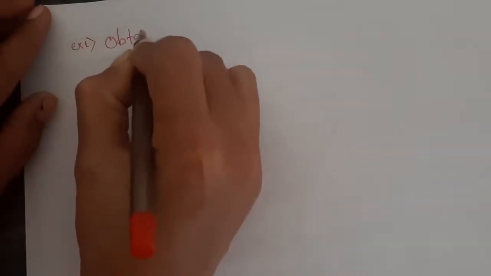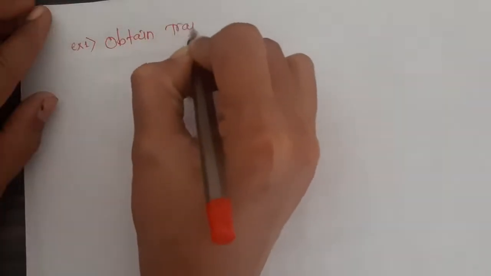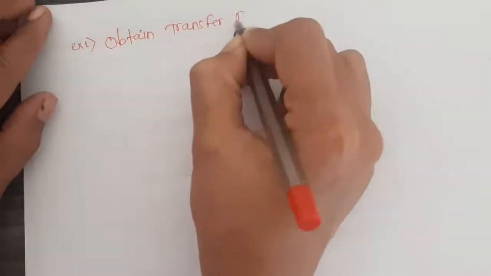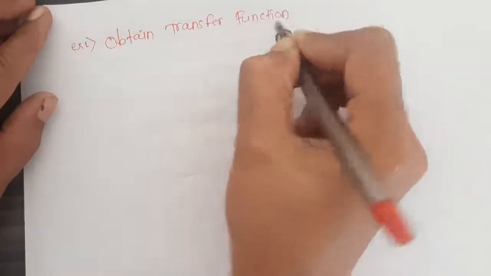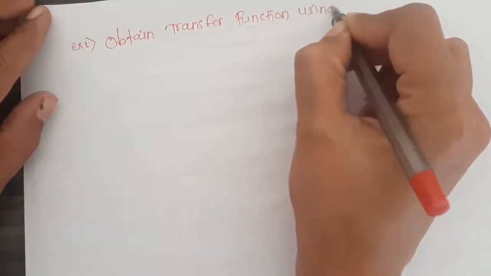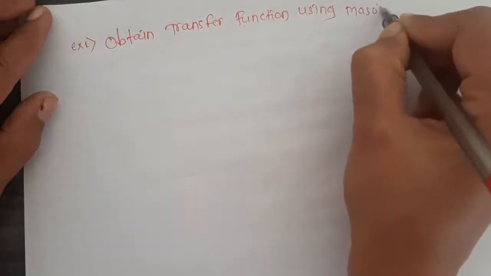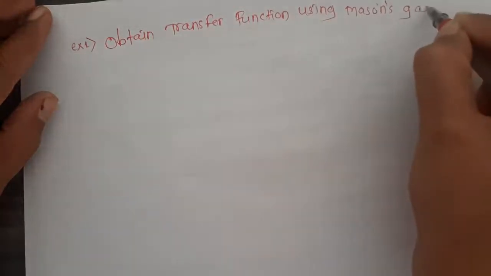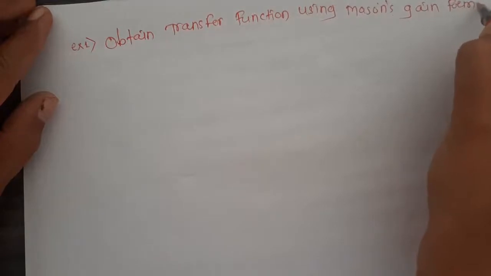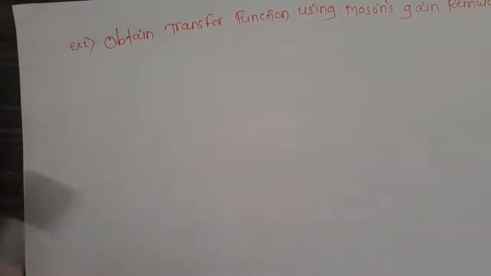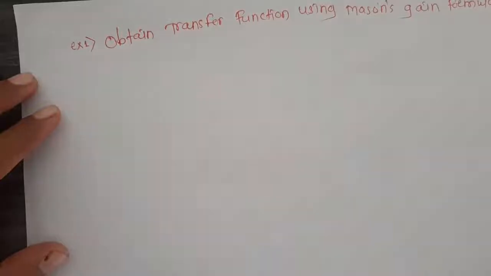So the first example is: obtain the transfer function using Mason's gain formula. Here the signal flow graph is given, that is